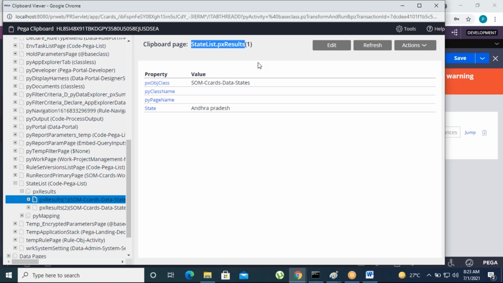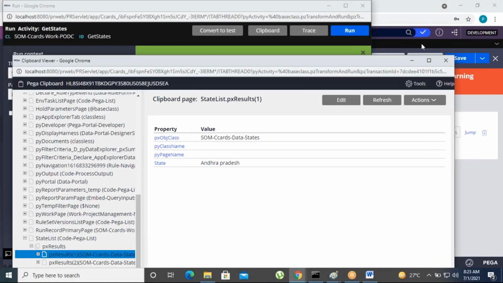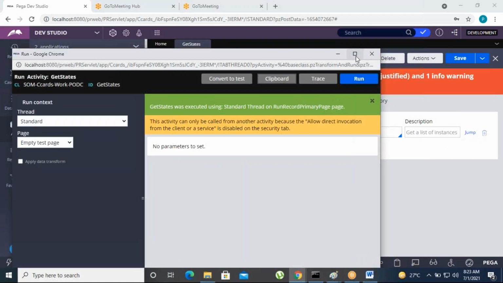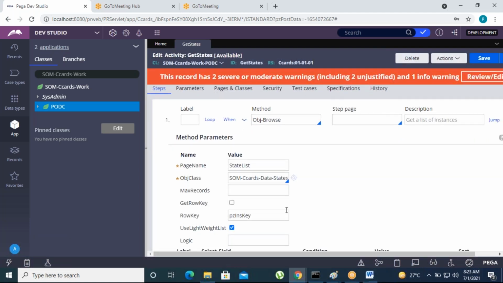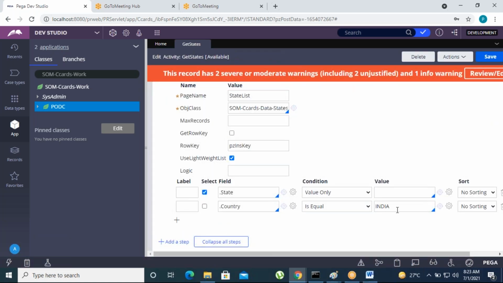So how to display the data in UI? The data will be there in clipboard. How to display this data in UI? We already did the same process before, but here one thing is we need to pass the parameter. Here you just mentioned India. Suppose the country is USA or UK, what will happen?